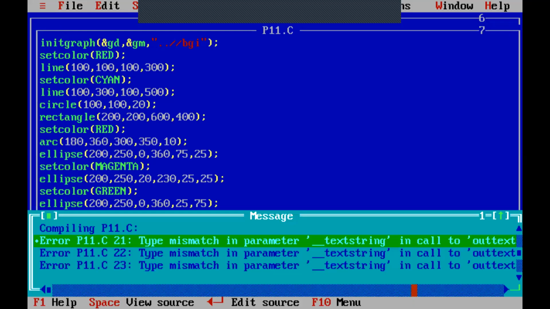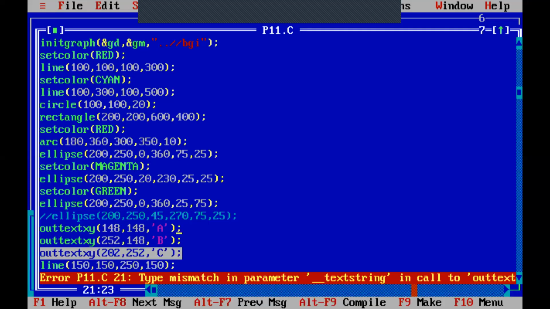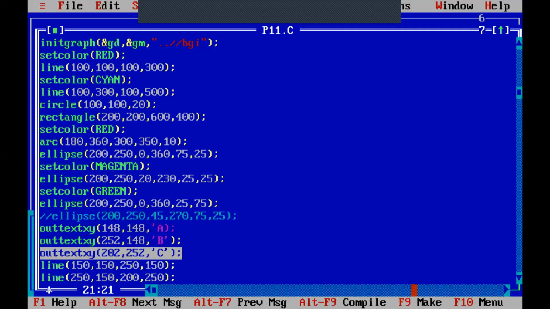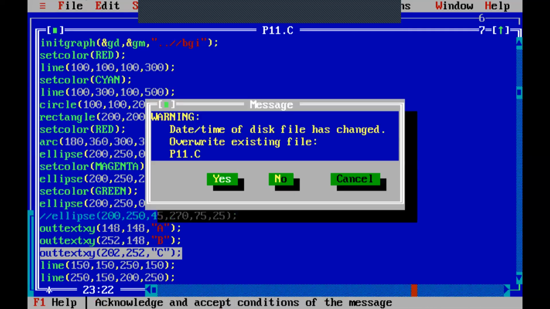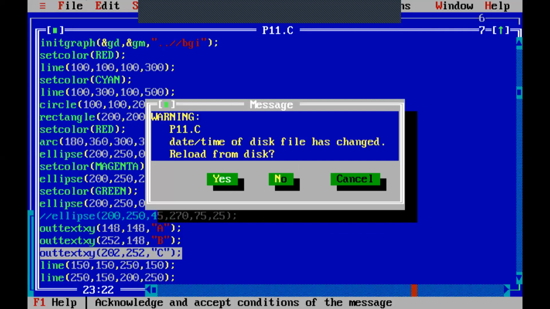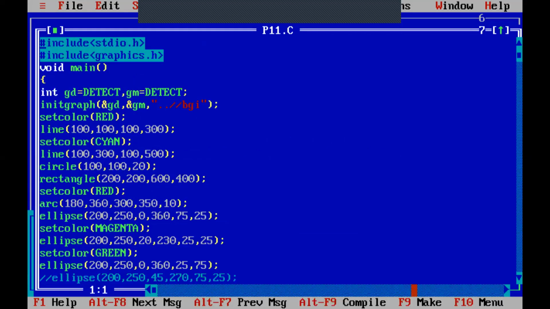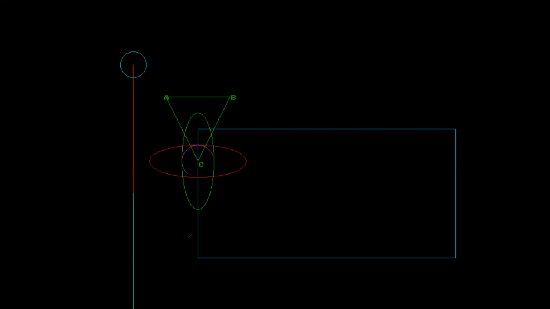We need to take it in double inverted commas. I am not able to give that, that's why it failed. Double quotes, A. So I have given the names as A, B, C on the screen.